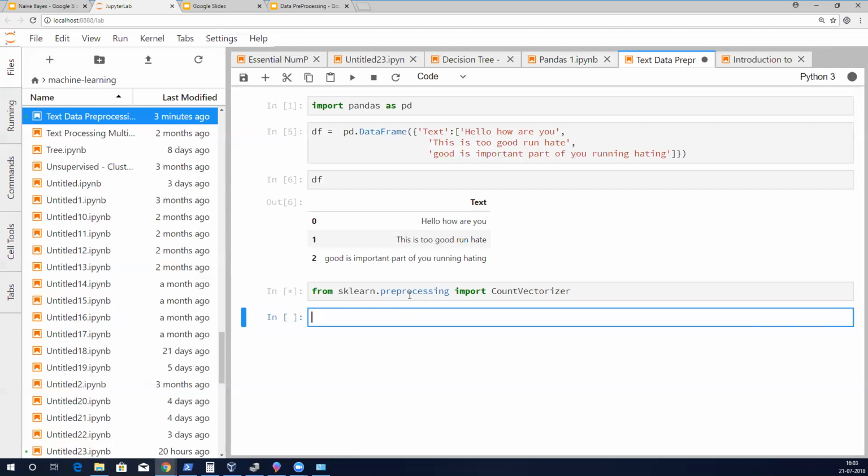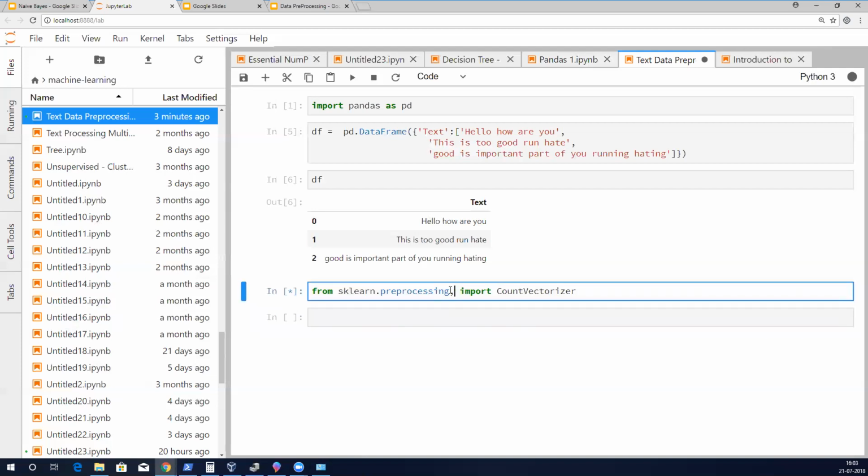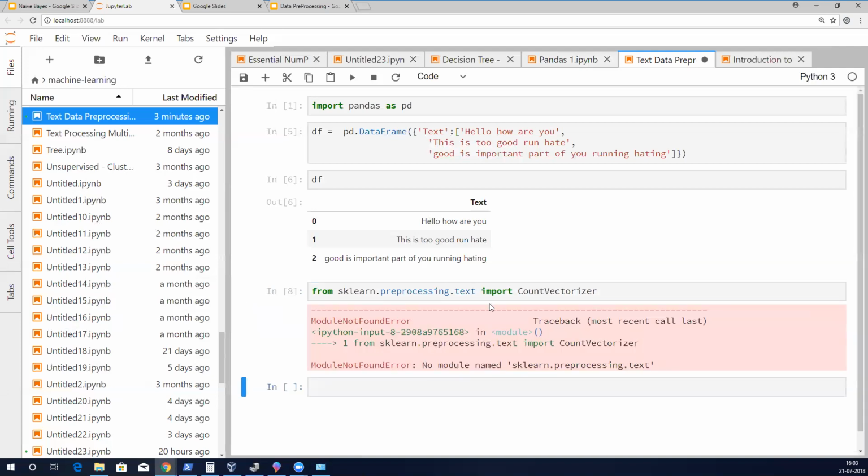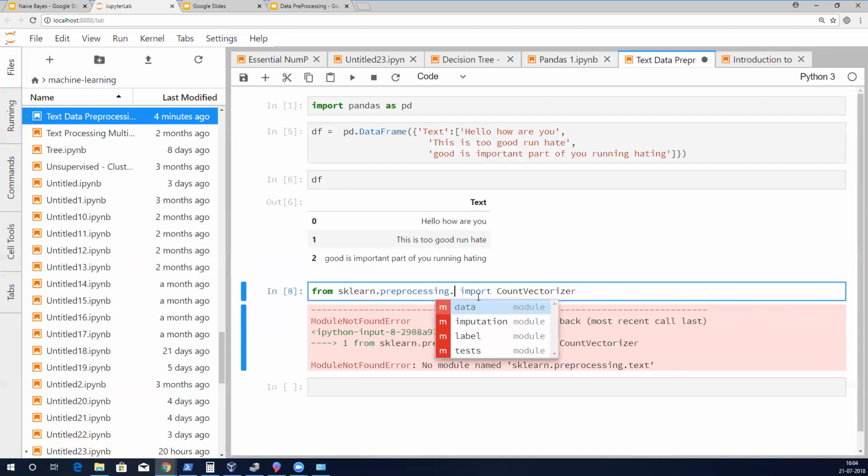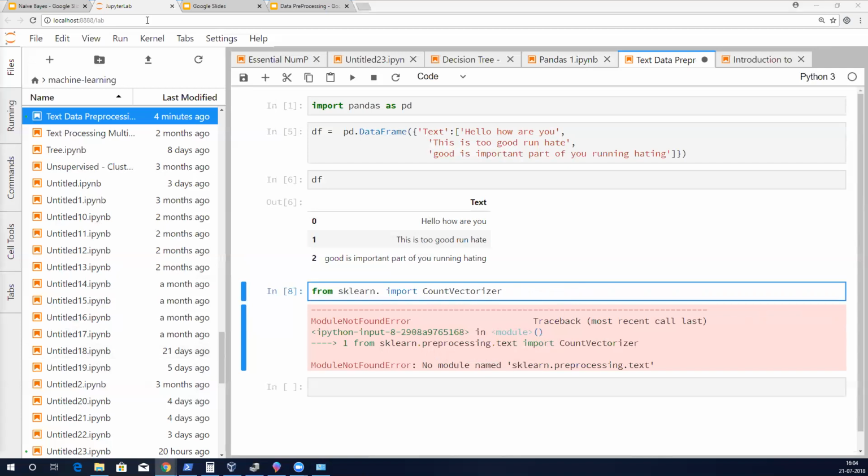Pre-processing is a library. Sorry, it should be text. Just need to see where it goes.